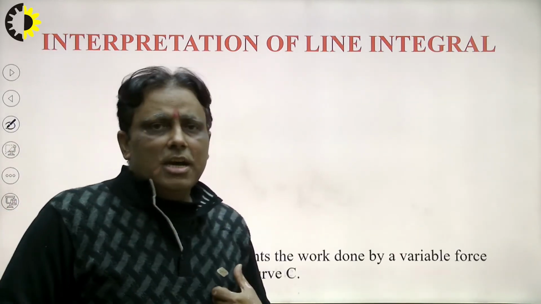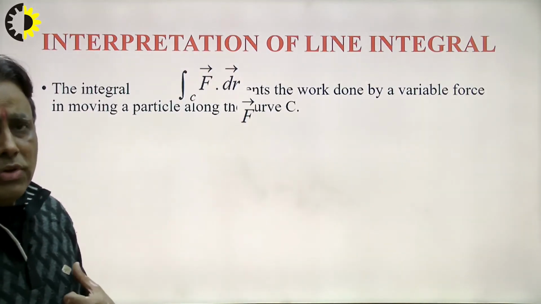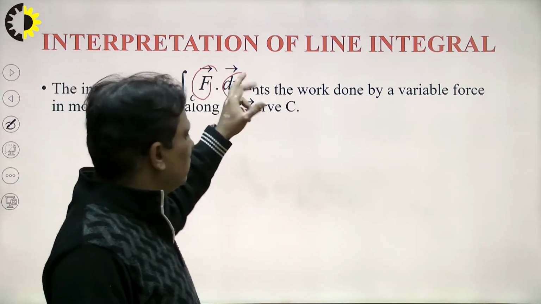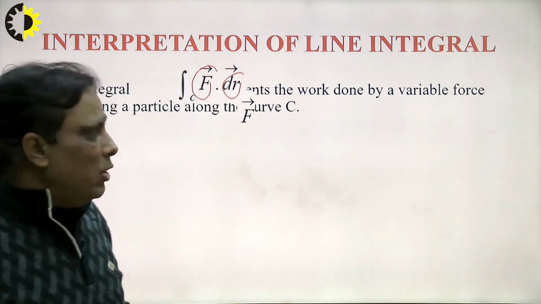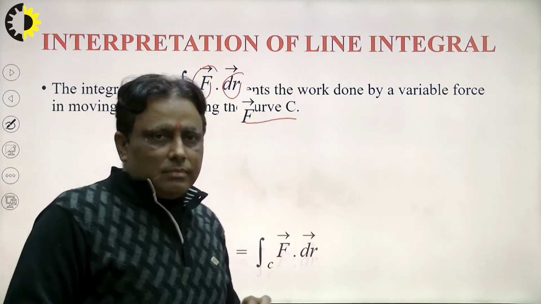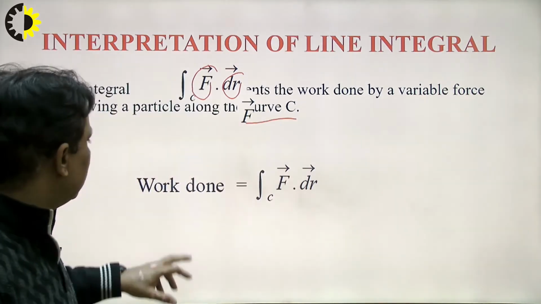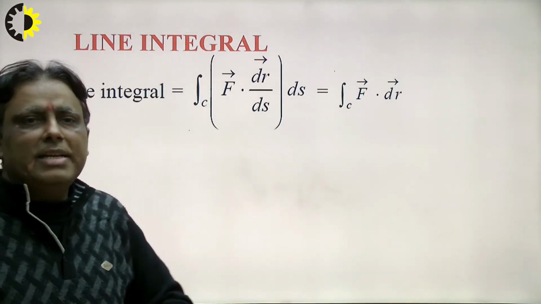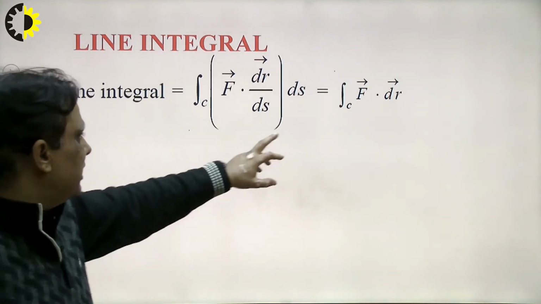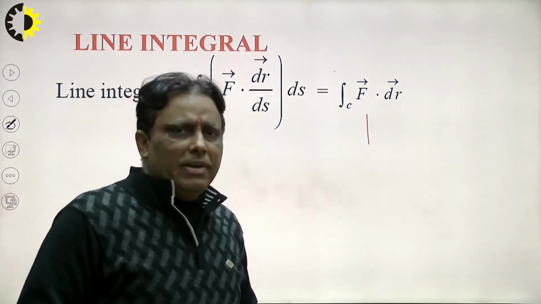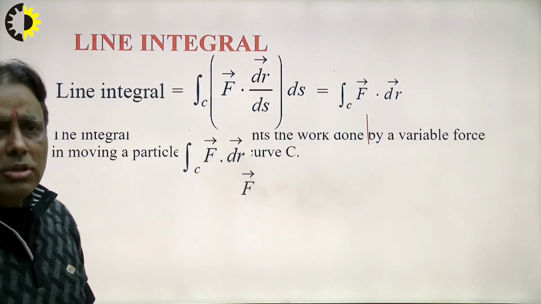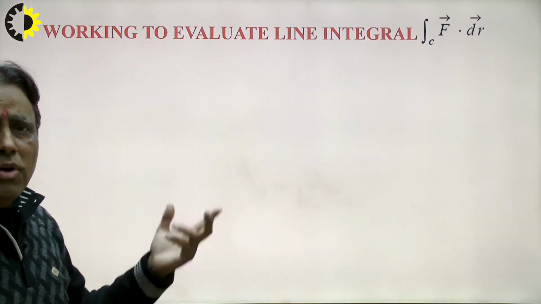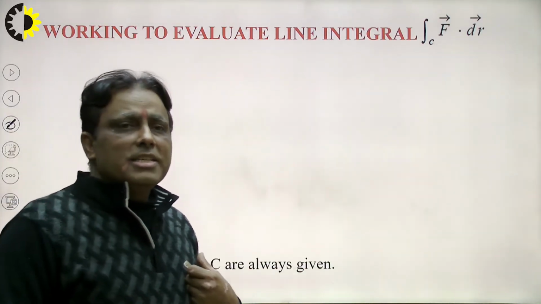Integration of the line integral. How to calculate the integration of a line? First of all, given the vector point function f and dr with respect to the vector point function, we calculate along the curve C. So that is denoted as the work done, right? Suppose I write here line integral f dot dr. In this way I explain briefly. So what is the line integral f dot dr? We can calculate the work done, we can calculate the circulation. Working rule of the evaluation of the line integral: how to calculate?